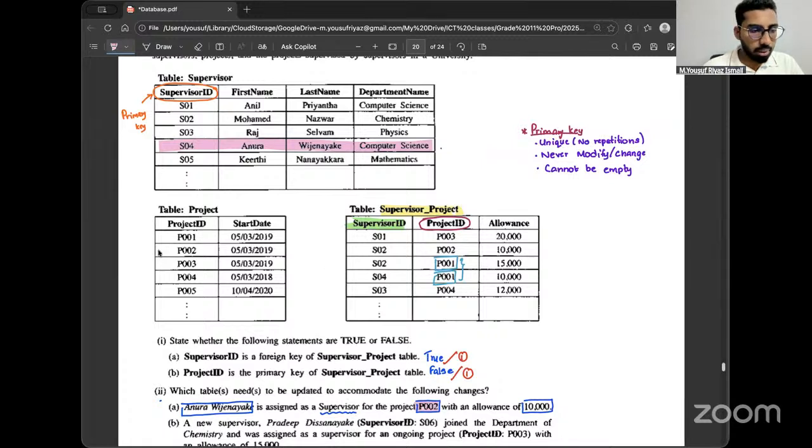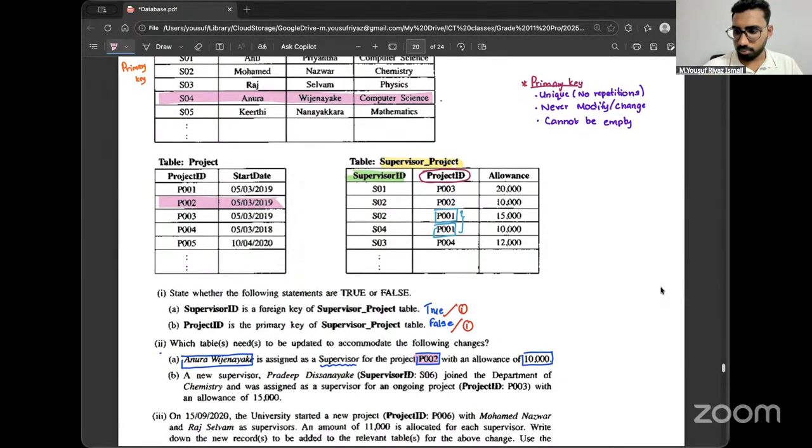Correct. If you see project P002, that's already a project that has been started. So you can see these two there. So what is the table we have to use to show that this person is working on this project? What is the primary key of the supervisor underscore project table? Both these two fields together. Supervisor ID plus project ID,